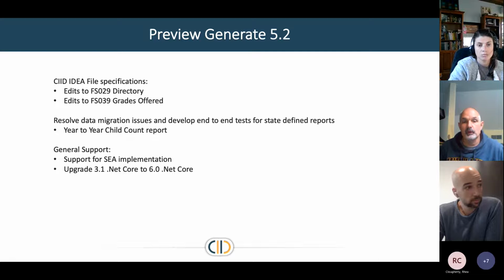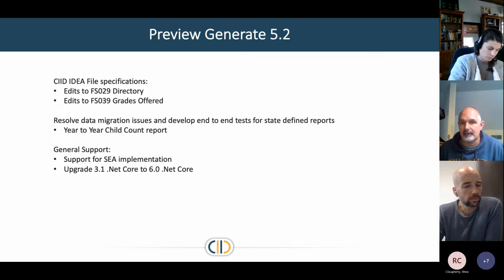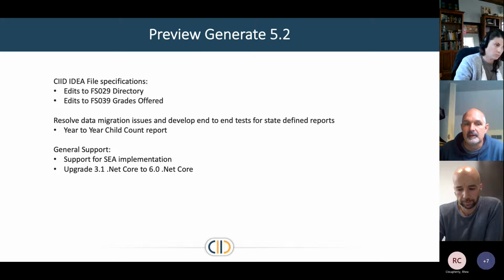And then support for SEA implementations is obviously the stuff we do all the time, all the work we're trying to do to make these things more efficient, refine the processes to make them easier, add anything that makes it easier for you to migrate the data